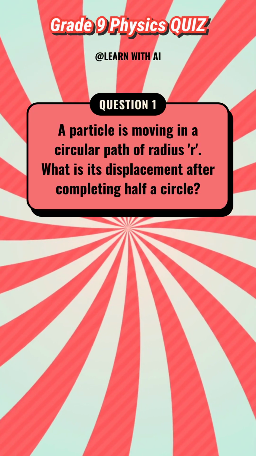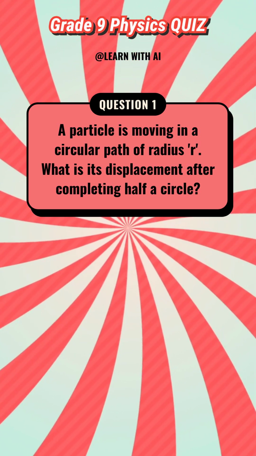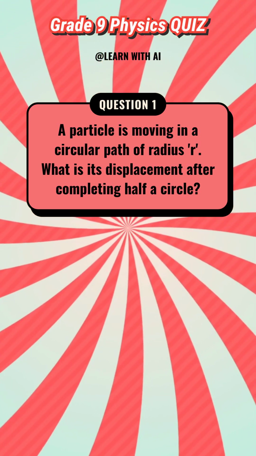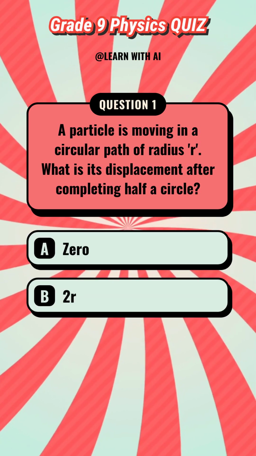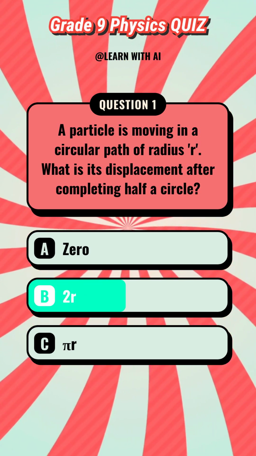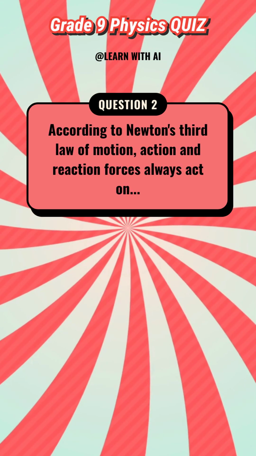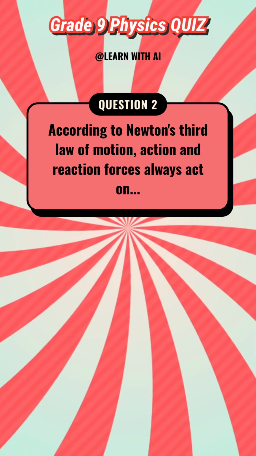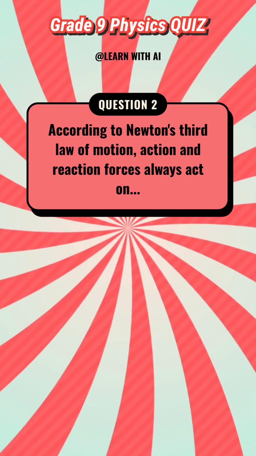A particle is moving in a circular path of radius r. What is its displacement after completing half a circle? According to Newton's third law of motion, action and reaction forces always act on